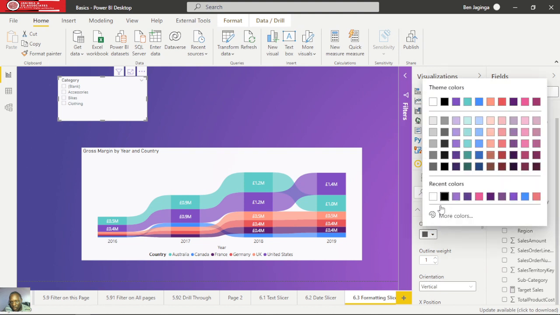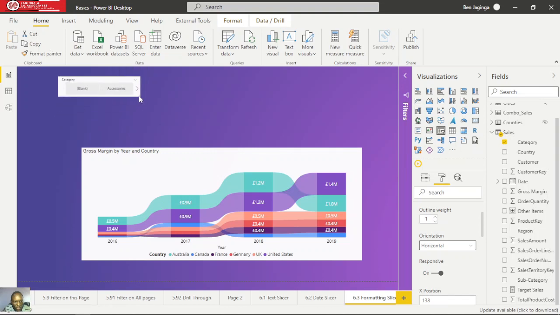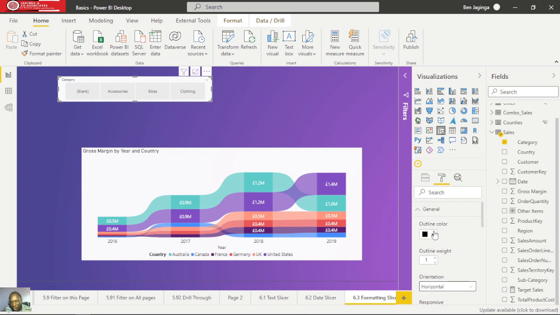Then I'll start with the general, then I want the colors to be black for outline, then I want orientation to be horizontal, and then I want it in horizontal, all the categories to be in one horizontal line. Okay, and then from here again